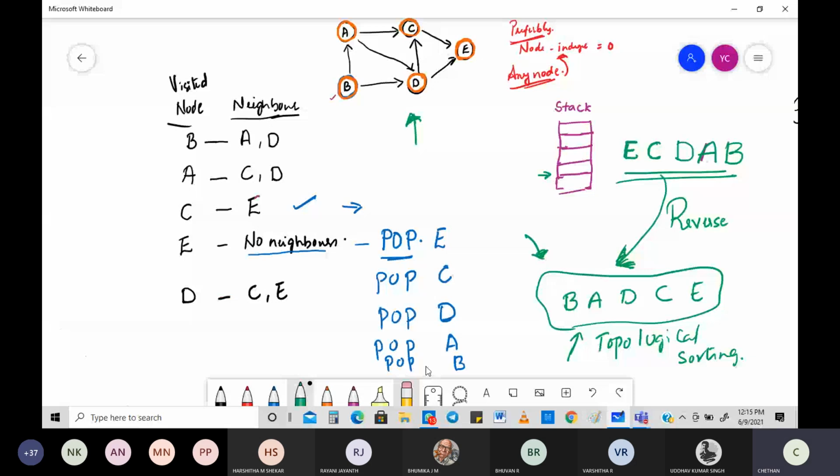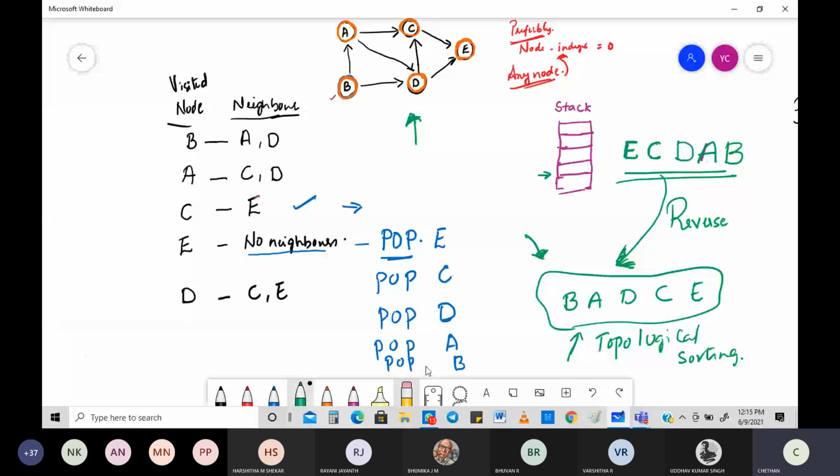I am first going to visit what? I'm going to write that entire thing right here: visited nodes, then figure out what the neighbors are for it. And of course I know to push and pop, and based on that I'm going to keep on writing.